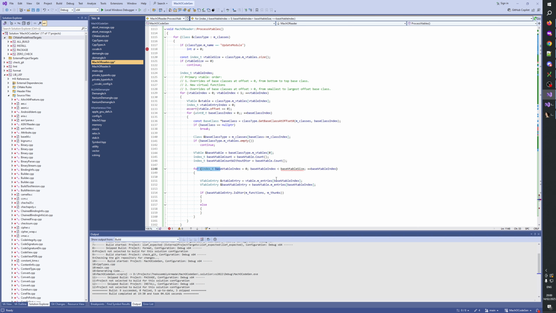Yeah, it means that these might not overlap, right? I think what we need to do is